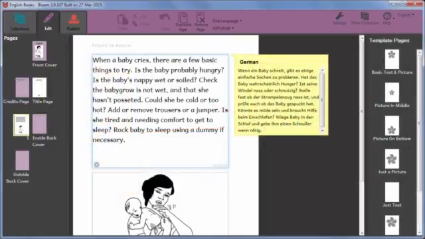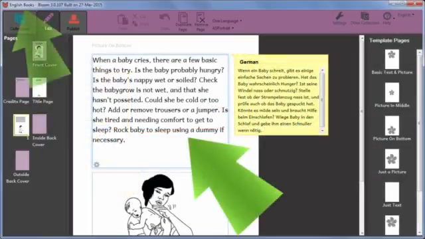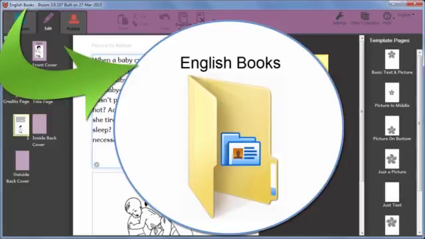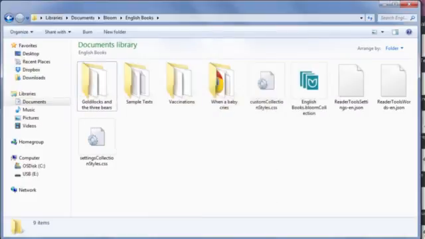On this computer, where I have the English version in an English vernacular collection, find the folder which contains this English collection. By default, this is in my Documents and then Bloom folder.